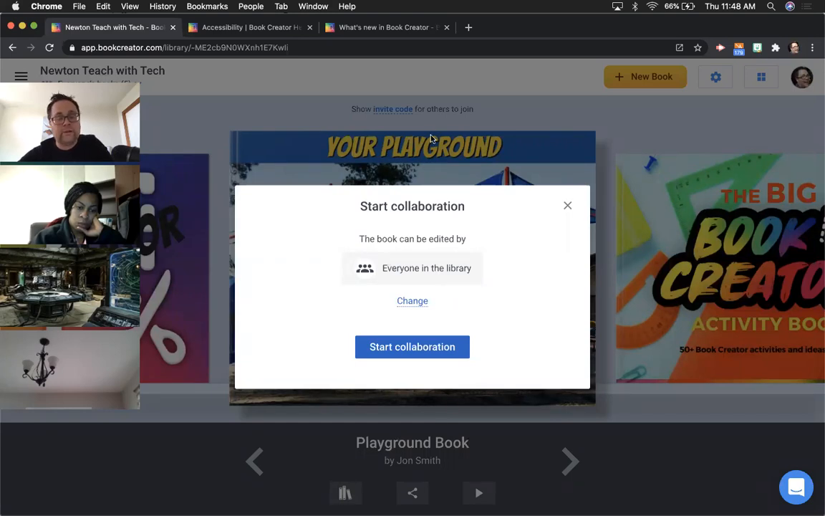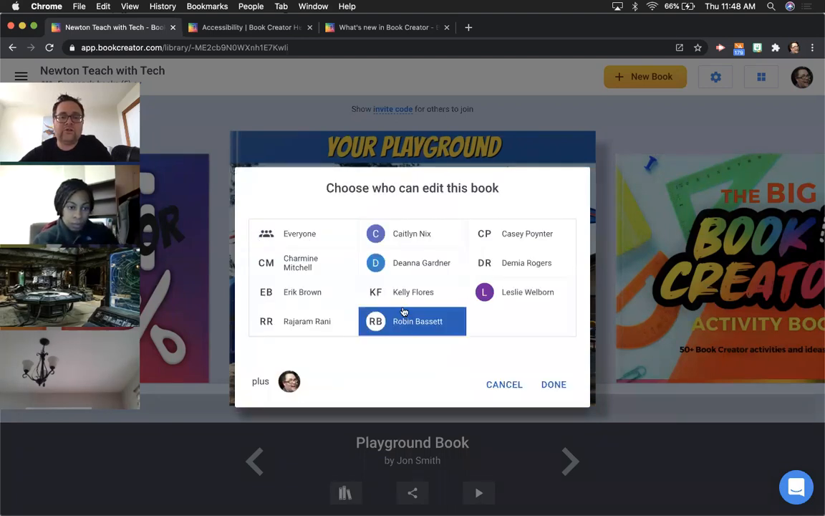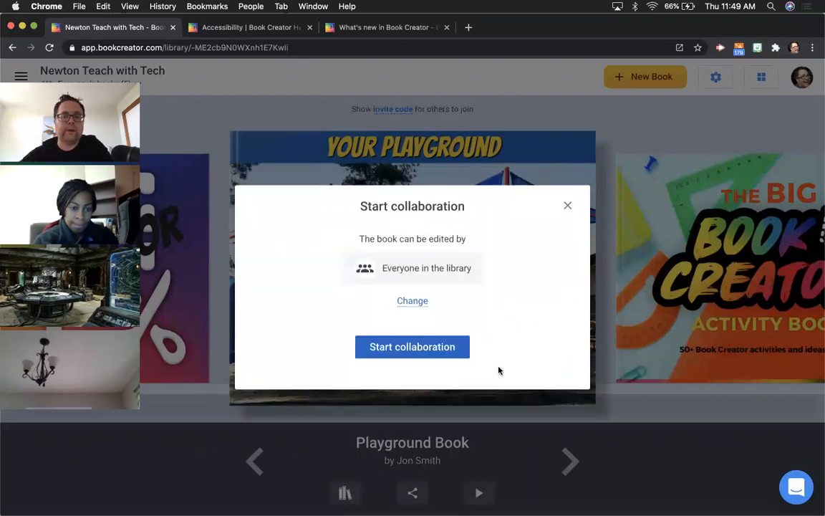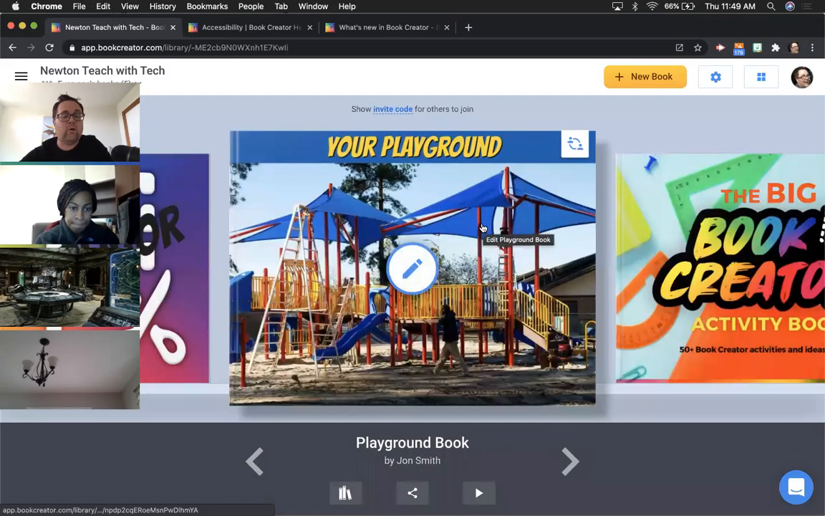If I don't want everybody to join on the same book, because that's frightening, I click this button that says change, and now I can choose which students can join that book. So if you don't want everybody, pick and choose which students want to join that book. All right, so in this case though, I'm going to say start collaboration, and now all of you can edit